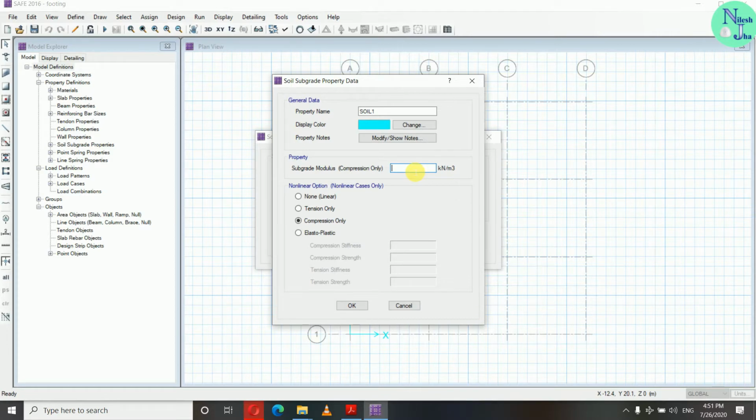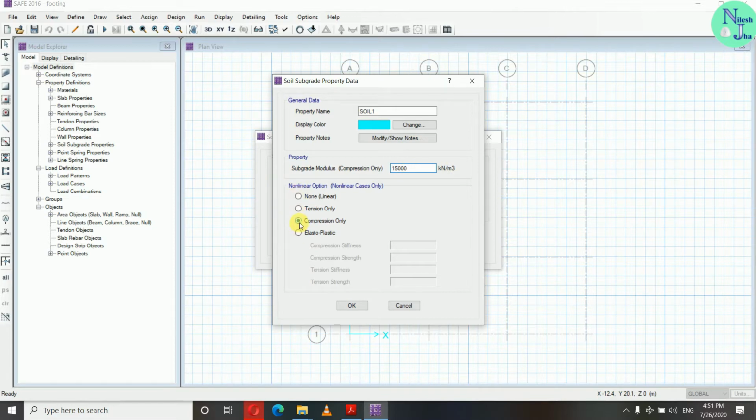So what we will do is multiply our bearing pressure by a certain factor of safety. We will take the factor of safety from 2 to 3, so let us take 2.5 here. Okay, and divided by allowable settlement, that is 0.025 meter. So it is here 15,000 kilonewton per cubic meter.